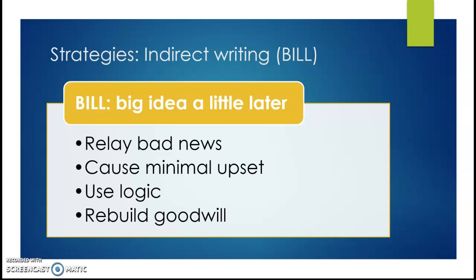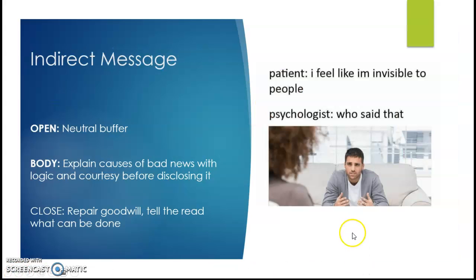And most importantly, it is based off logic and reasoning. Psychology tells us that as human beings, we can accept, understand, and move forward when we receive bad news if it makes sense, if it's logical, if it's been explained to us. So this strategy centers on that. We want to give them reasoning as to why the bad news is what it is. And then lastly, the strategy aims at restoring or rebuilding goodwill. Again, keeping that customer relationship in mind. Okay, so the indirect strategy, BIL.